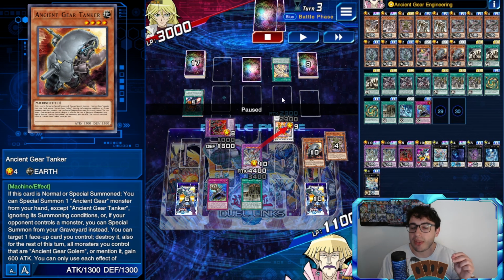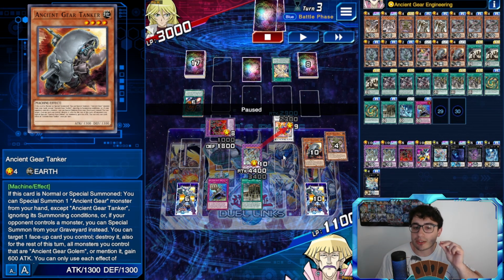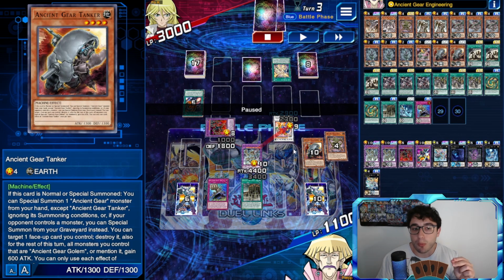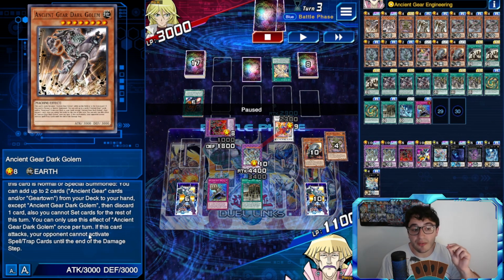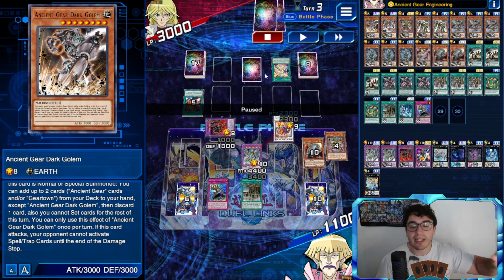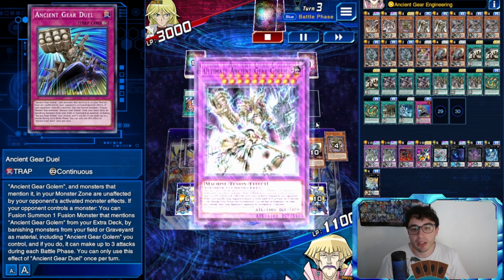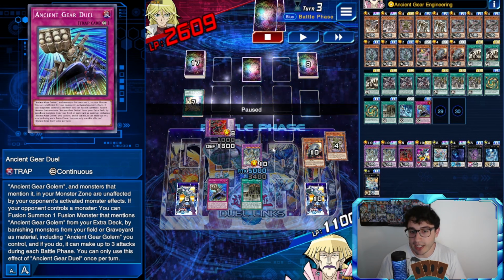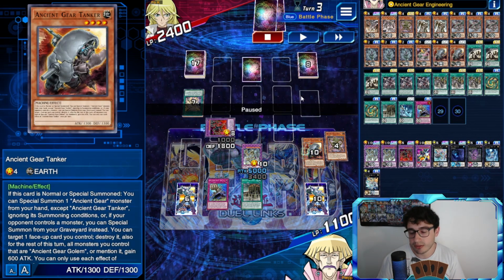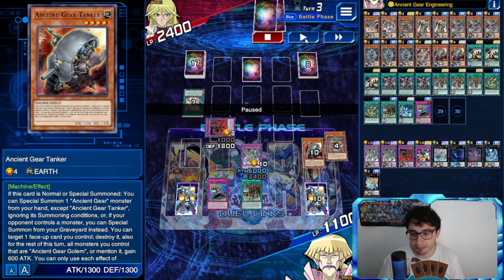He has a back row that he was saving for the battle phase. So as soon as we enter the battle phase, I attack with the Dark Golem, because this says if this card attacks, your opponent cannot activate spell and trap cards. So we attack, he can't activate anything, and then we use Engine Gear Duel. So you summon the ultimate Engineer Golem that is boosted thanks to the effect of the Tanker, so that was calculated. Otherwise, we would not have had enough